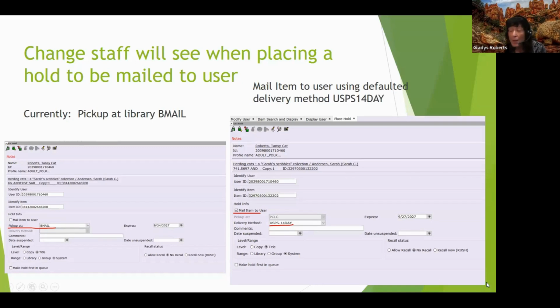So it should pre-populate for you, but in the off chance that it doesn't, all you have to do is open that drop-down menu, pick the only one that's there, which is USPS 14 day, and then go ahead and place the hold. Right at that moment in time, you have invoked the mail item to user,